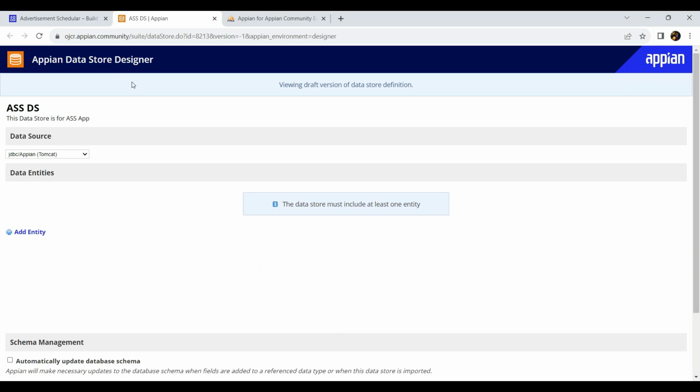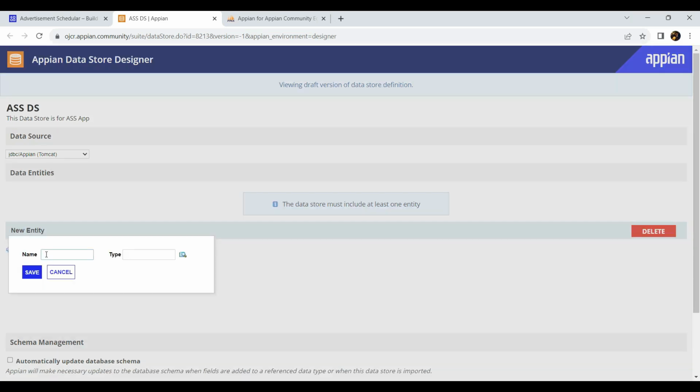Once we save that, an object will get created that is called ASS data store. Okay, and right now you can see that the entity is blank. It defines the data source here. This data source is connected. Now what we need to do is establish a connection point between the data source and the table. Okay, so for that we have to click on add entity and give the name. Usually we should give the same name so that we can easily identify which data source is connected. So we can have ASS,